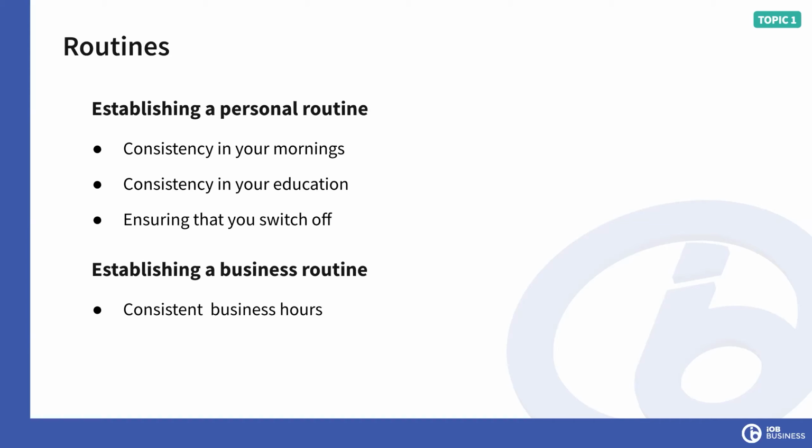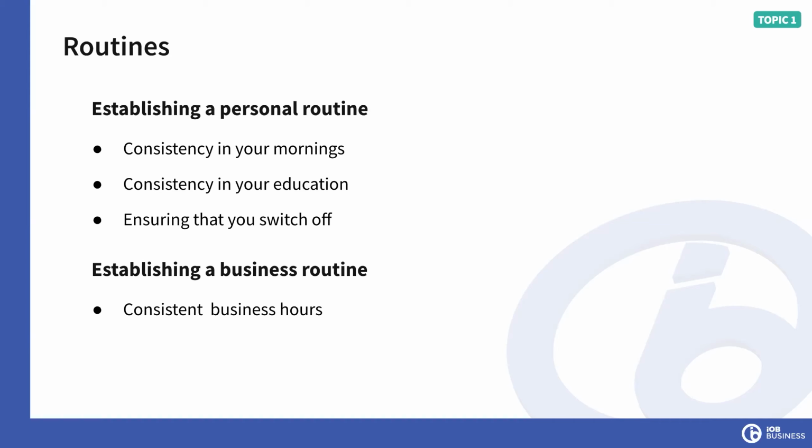Okay, life is about balance. Life is about loving and enjoying your digital agency, but it's also about running it effectively. So when we're establishing consistent business hours, you are in the office, or the metaphorical office if you're working from home at the moment, at the same time every day. Okay, what this does is it tells your brain now is time to work. Okay, now lots of us are working at home at the moment, and hopefully that won't be for much longer. Okay, what that says at the moment is that we're having a hard time differentiating between personal enjoyment and personal fulfillment and being in the office, so to speak.